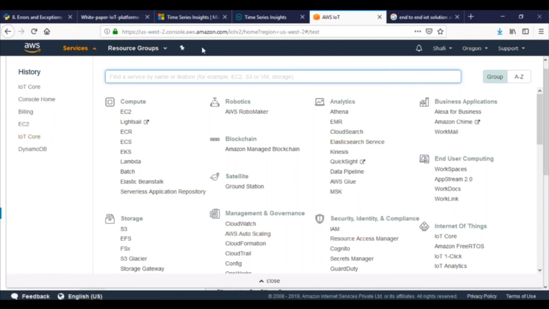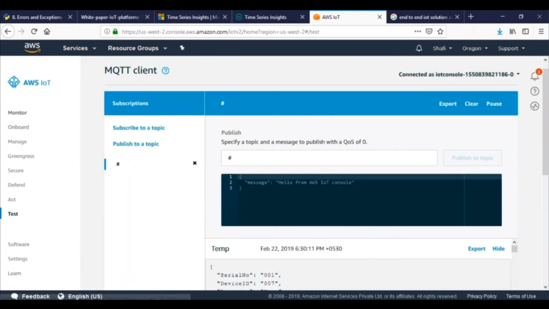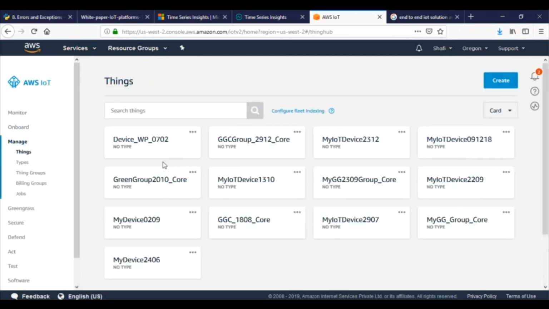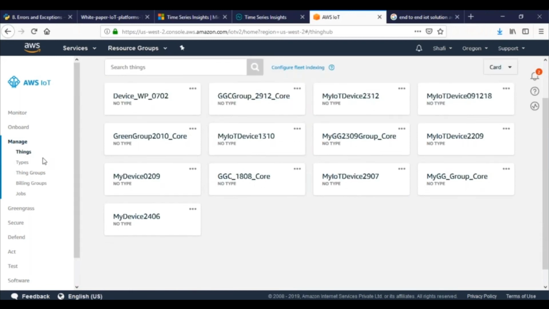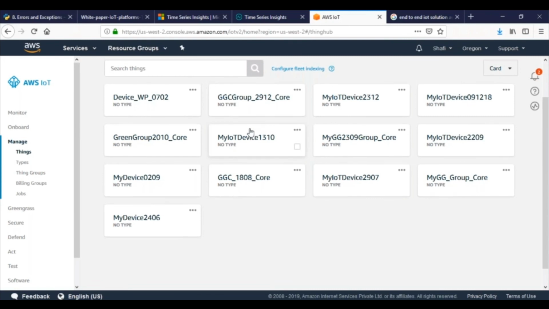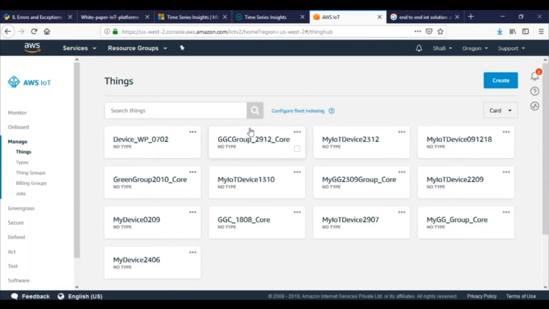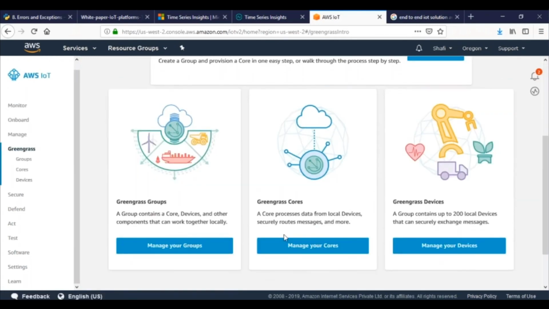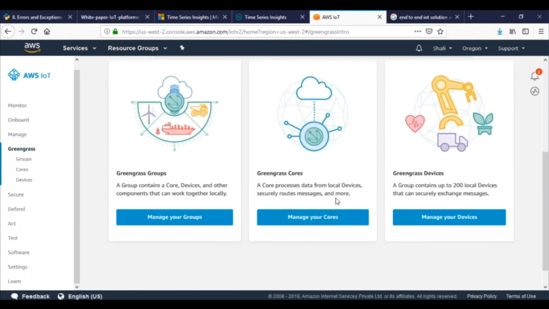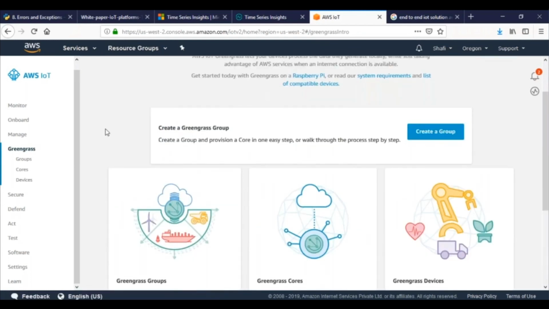Okay. When you go to the IoT console, here it offers you to register and manage your devices. If I go to the manage section, here are the devices created by me, and every device will have a type, and for security, every device will have a certificate and policy attached to it. Okay. Greengrass I was talking about. So from here you can download the Greengrass core, Greengrass SDK, and the runtime environment which is going to run